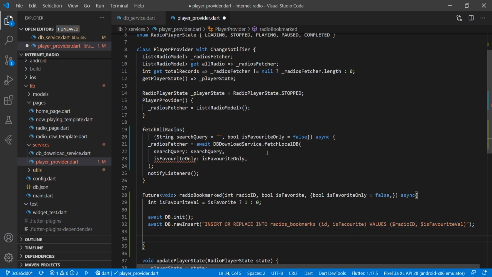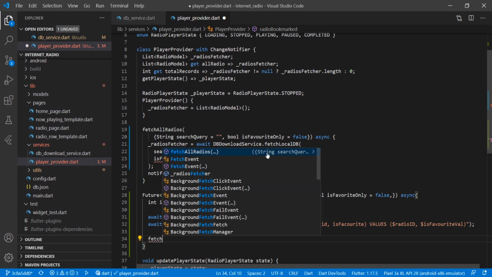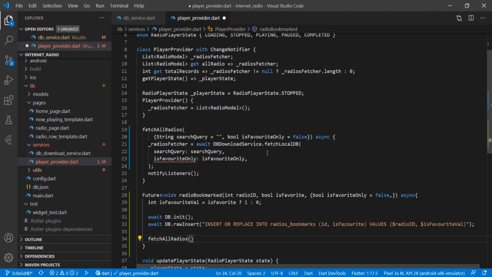So after inserting the data, we will just call our fetch all radios method so that it will update our list view to get the updated data of that favorite mark. Fetch all radios, and here we are passing isFavorite.